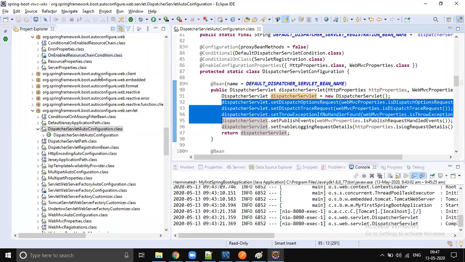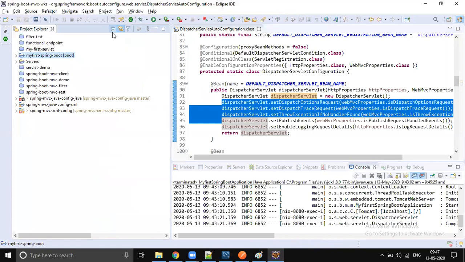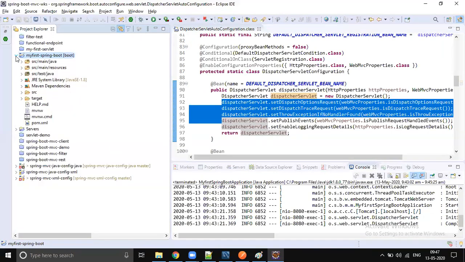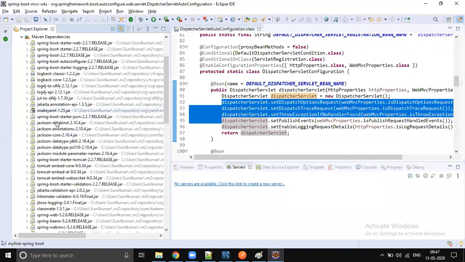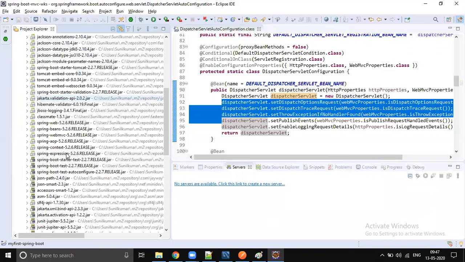And we need a server to run any servlet application. That has been the case for 20 years; we have been running our servlet applications on servers. A few minutes before we also did that, but the only difference in Spring Boot is that the server also gets packaged in your Spring Boot application.